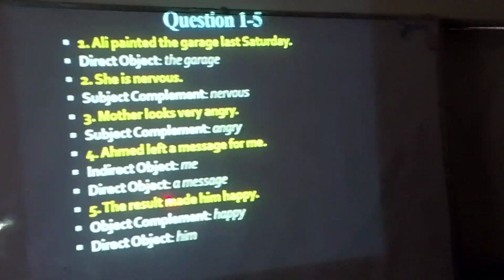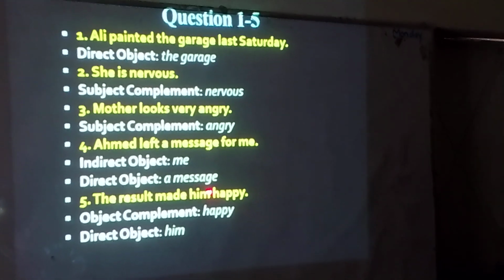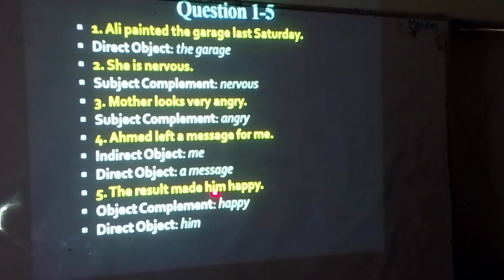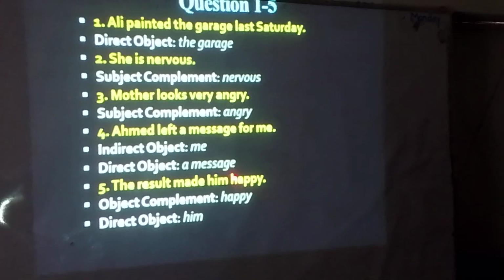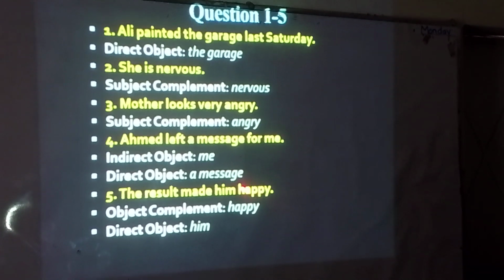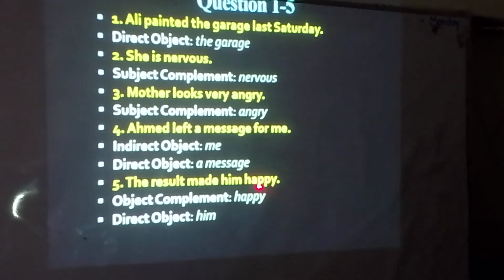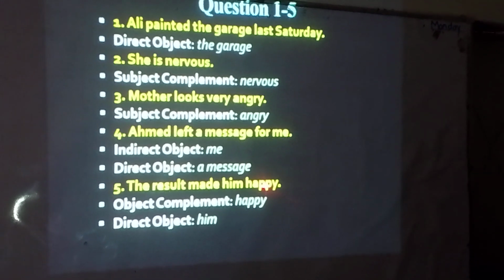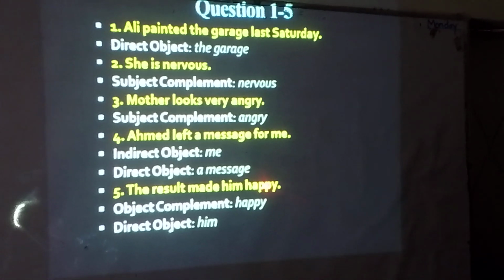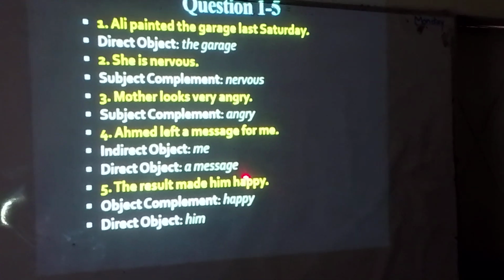So there is a subject, there is a verb, there is an object as well. When there is a subject, verb and object, we think the sentence should give a complete sense, but even then sometimes it is not giving a complete sense unless and until we write this thing. So the word or words that complete the object is called object complement. What is the definition of object complement? The word or words that complete the object are called